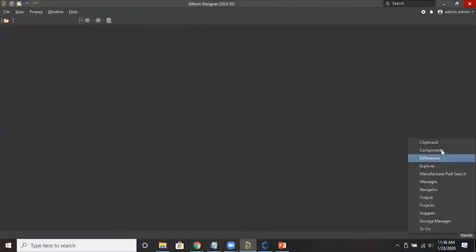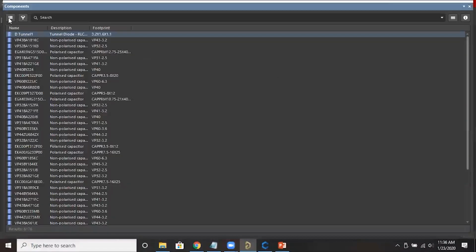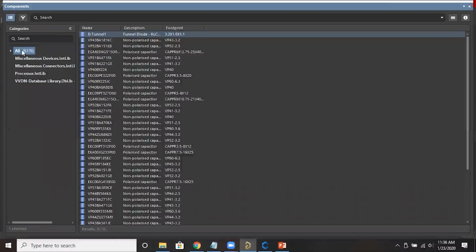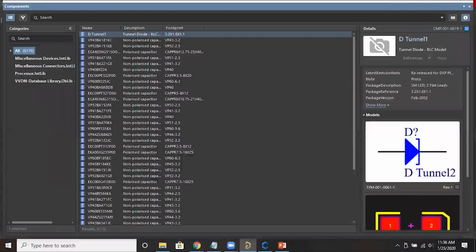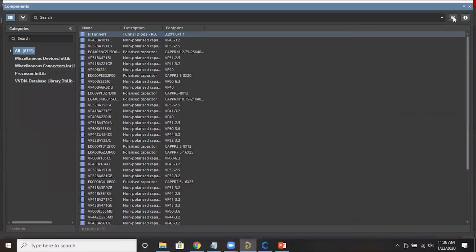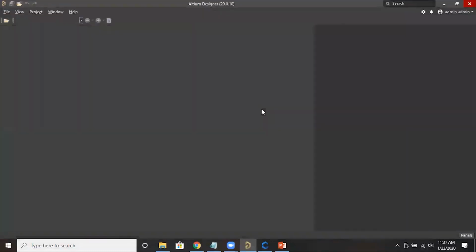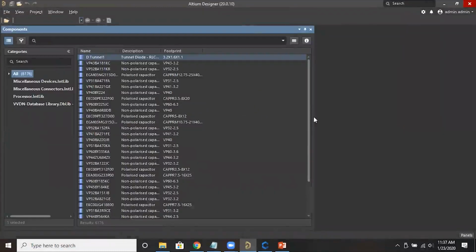Components panel. Category selected all. I'll show you here.